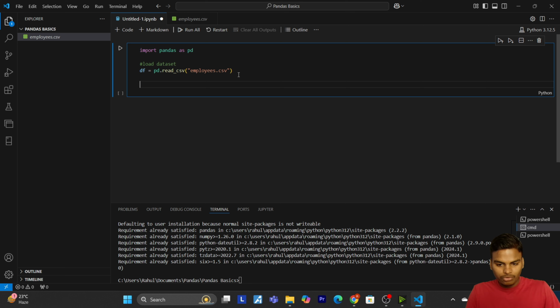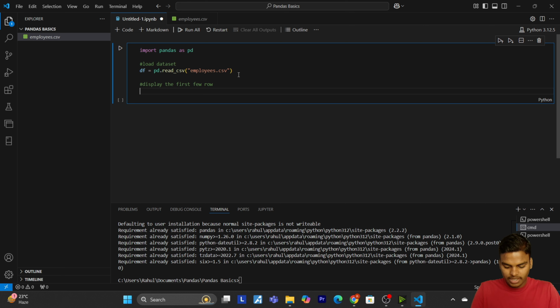Then after that I want to display the first few rows of my data set.